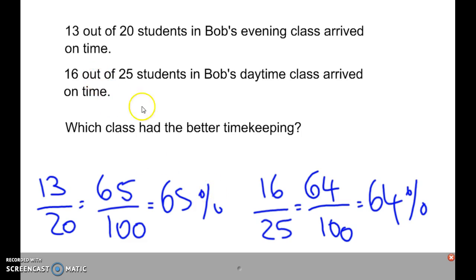The second one, I've turned this into 16 over 25. 25 goes into 100 4 times. Multiply the 16 by 4. I get 64 over 100, which is 64%. So now I can see that the evening class had the better timekeeping because 65% were on time as opposed to 64%. Okay,